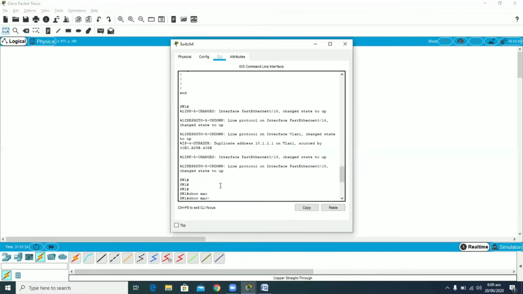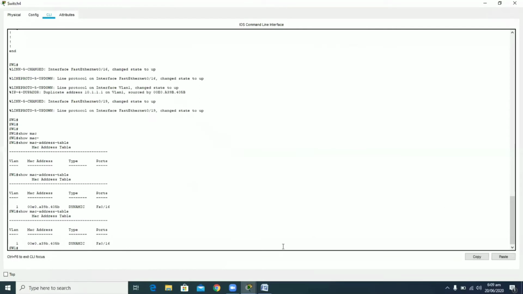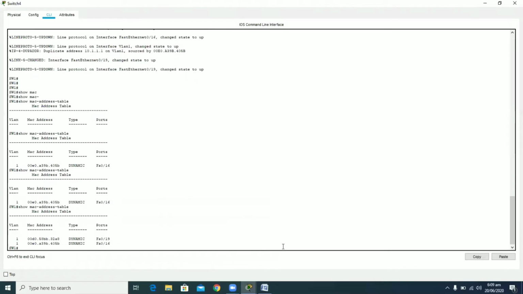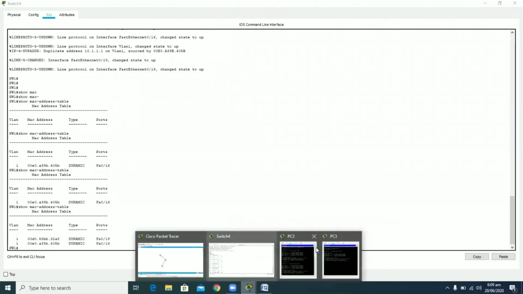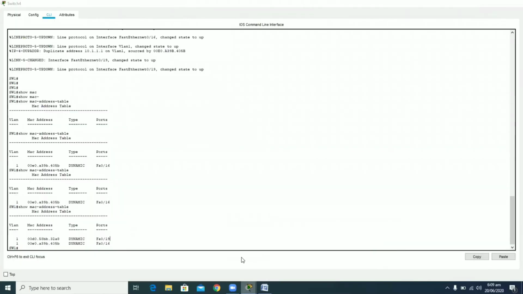Now checking the MAC address table, whether the switch has learned this MAC address or not. So here now you can see that there are two MAC addresses present. One of them is for PC2, and the other one is for PC3.